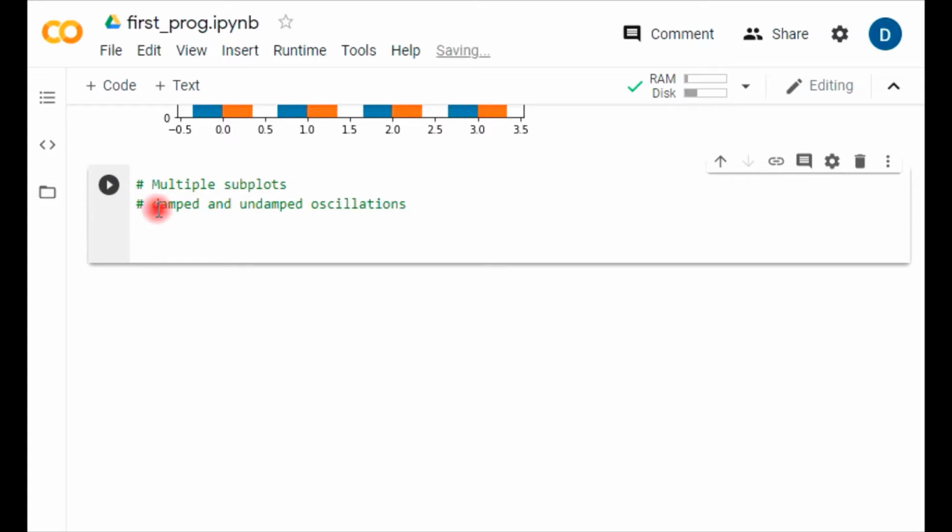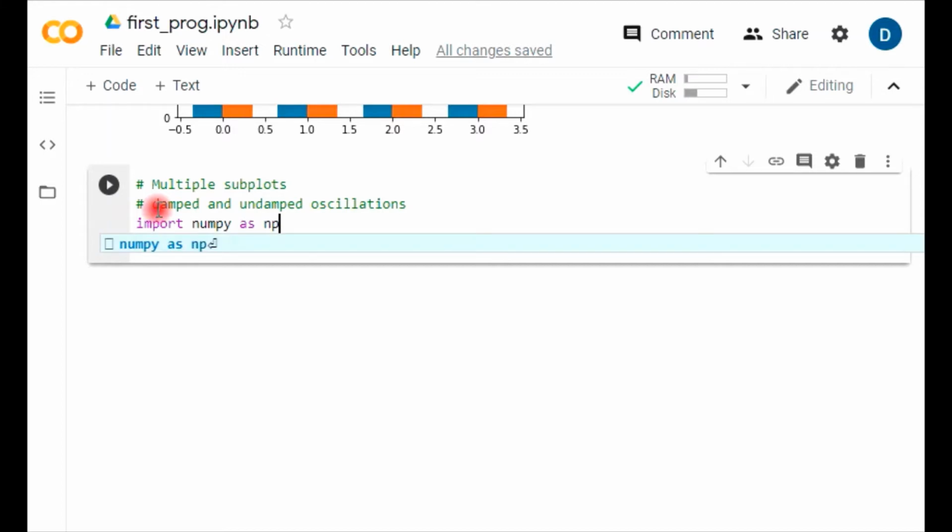So let's start. Because we are going to work with numerical data arrays, it is better to always import numpy, and I'm taking it in short form as np.